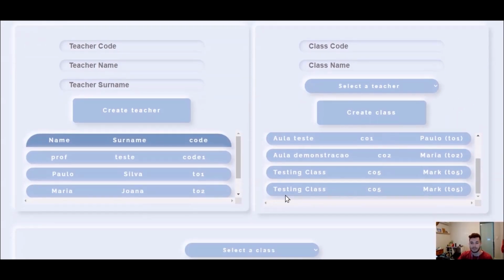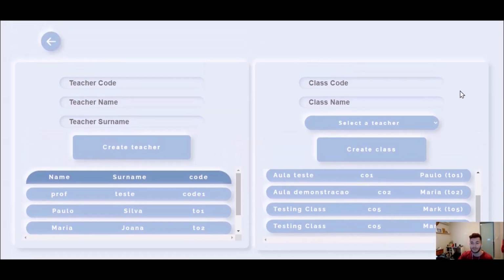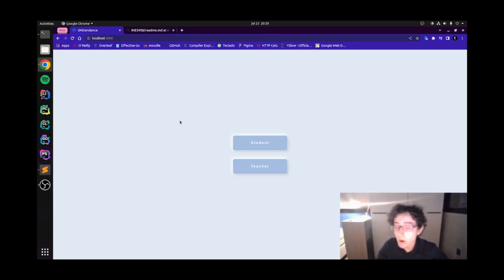And as you can see here, it was duplicated, but testing class, class code 05, administered by Mark. And there we have it. So you can mark your attendance as a student, but you can also sign a course or create a course as a teacher. And as a teacher, you can see which students have really come to the university campus, because